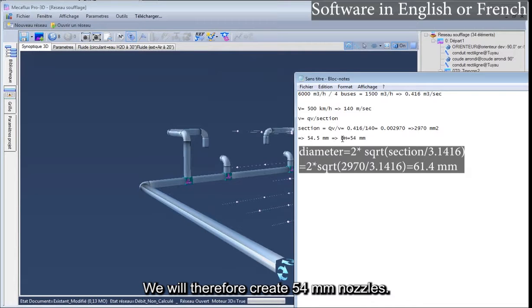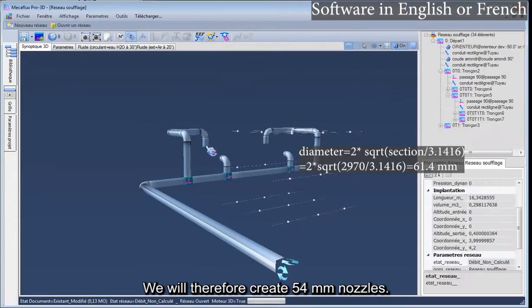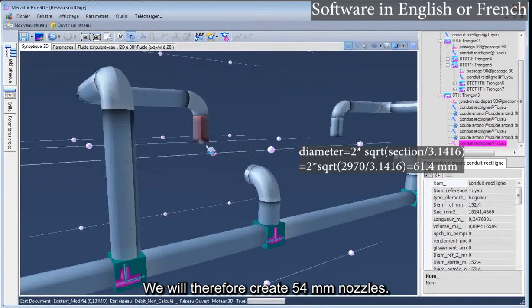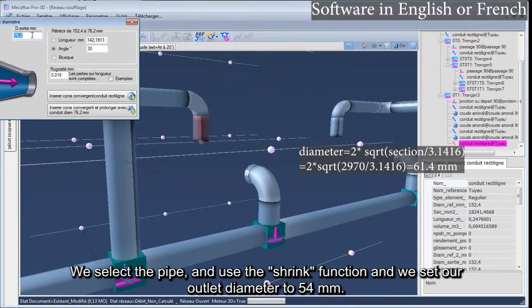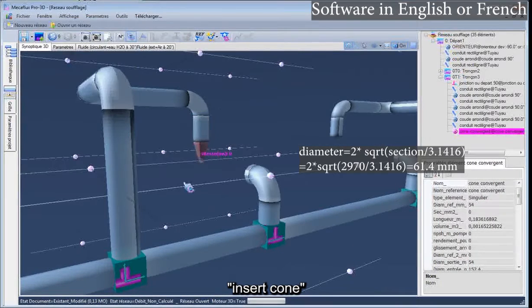We will therefore create 54 millimeter nozzles. We select the pipe, use the shrink function, and set our outlet diameter to 54 millimeters. Insert cone.